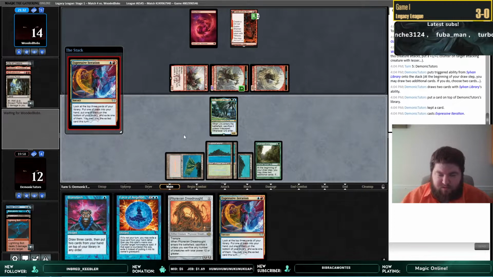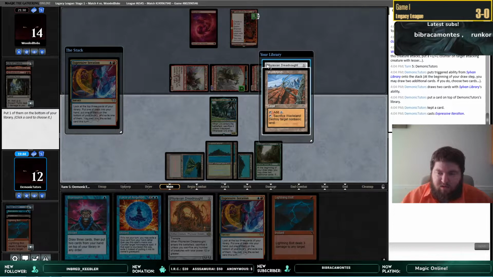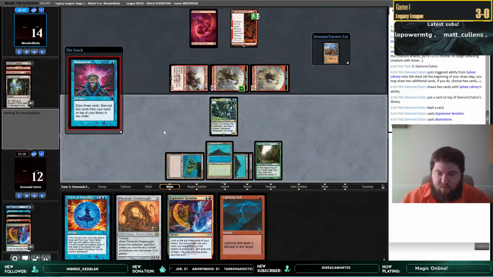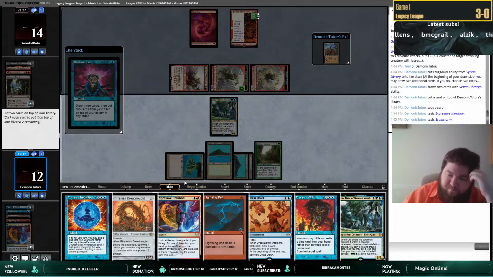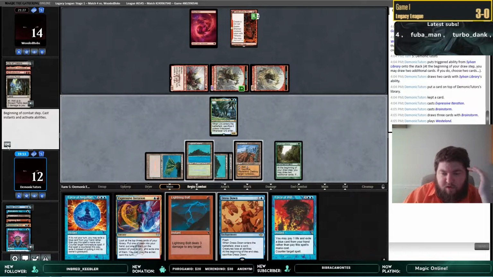So, we want... Okay, well that sucks. So we want land to hand. I guess we want bolts. Bolts to hand. Dreadnought to the bottom. Wasteland in exile. Now we want to cast a Brainstorm. Oh, that's really not good for us. We'll put back Dreadnought, Uro, play the Wasteland, go to combat,